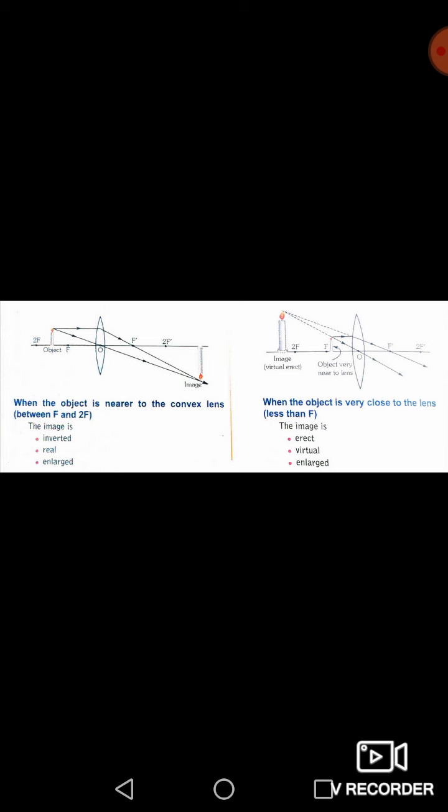So we come to the conclusion that a convex lens can make real or virtual, straight or inverted, smaller or larger images as compared to the object. All types of images can be formed by the convex lens by placing the object at different distances. On the other hand, in case of a concave lens, we always get only erect, virtual and diminished images. Diminished means very small image.